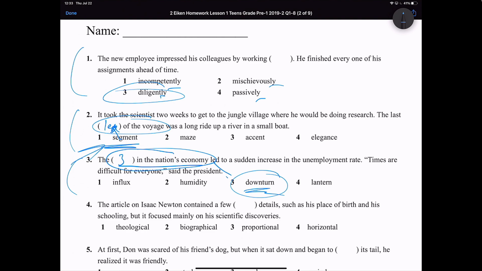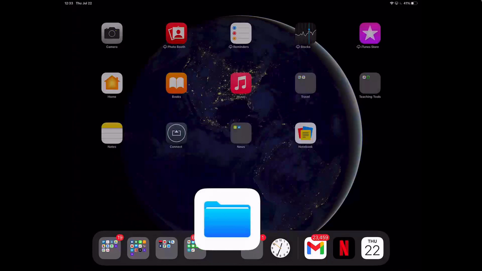So, one thing you can do, if you want to expand upon this, is play around with the expression economy and downturn. When you see an idiomatic expression like this, don't just let them learn the Japanese correlate of the word. You've got to show them how it works in context. Downturn collocates with not very many other words. You have to think in terms of collocation sometimes. When you've got a collocation like this, you need to study it with the kids. And when I say study it with the kids, I mean,